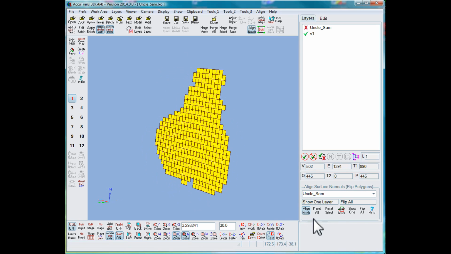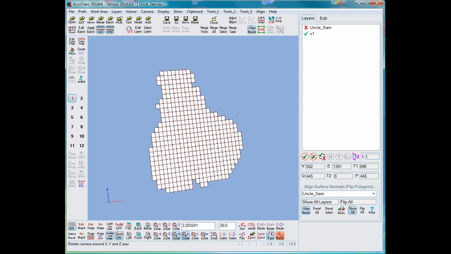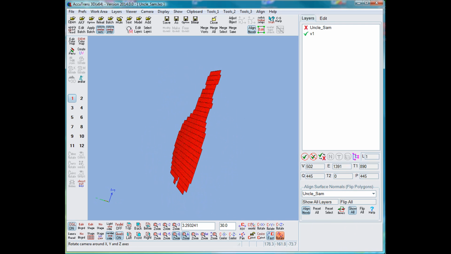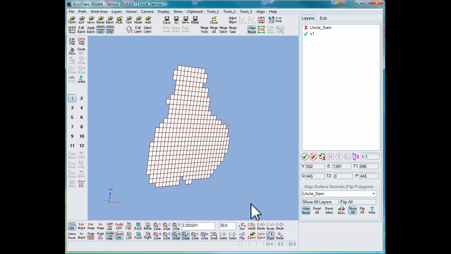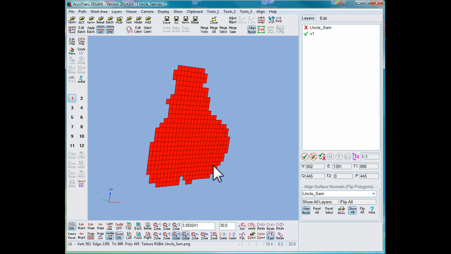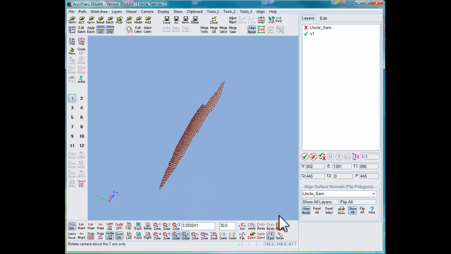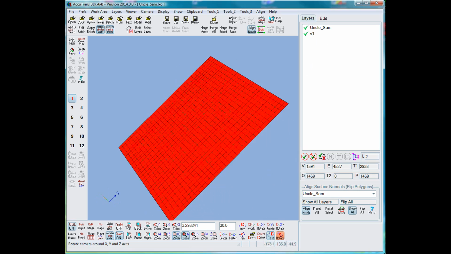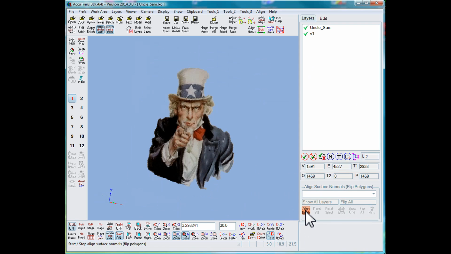Now if I go down here and click on from show one to show all, now our layer is showing up in white and red. Now to flip the triangles, all I have to do is click on the layer, and now we've got the opposite effect of what we had before. And if I turn on this layer, you can see again, due to the rendering, I can't see what's happening. But I know I flipped the polygon, so I'll turn off the Align Surface Normals module,